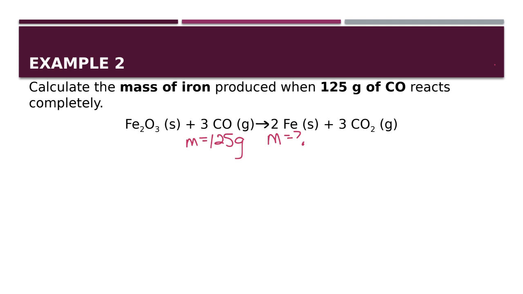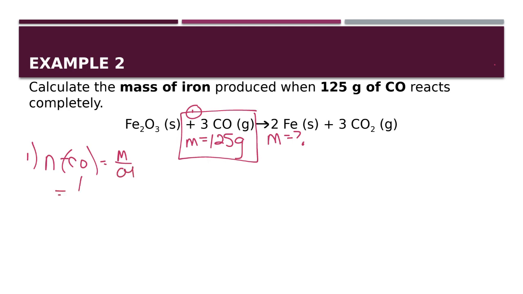So step number 1 is to convert my known quantity into moles. So my known quantity is right here. So this will be step 1. And I'm going to figure out the moles of carbon monoxide by taking the mass of it divided by the molar mass. So 125 grams, and then the molar mass of carbon monoxide, carbon is 12.01, and oxygen is 16. I get a molar mass of 28.01